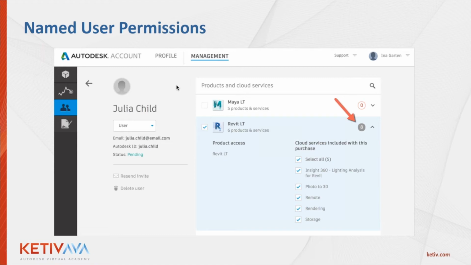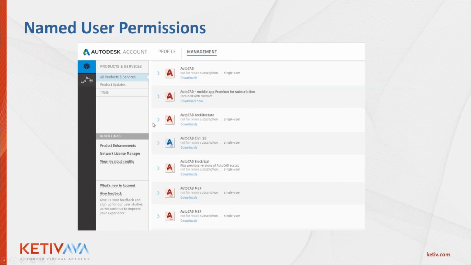You just have to uncheck it and then go back to the user you want to have access and check that user. And then just hit back, and then that person will now have access to the software you've been assigned. Theirs will look something similar to mine. This is what mine looks like. I've been given access